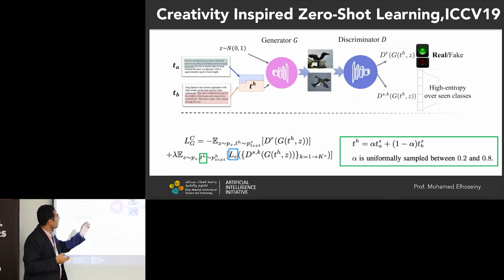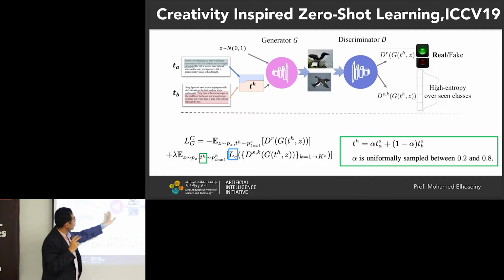So we added a loss function to the earlier model that we talked about in the beginning of this piece, that tries to explore the possible unseen space in the text space of unseen classes. Assume that we have TH, where TH is a hallucinated unseen class that tries to explore what is a possible unseen bird, or what is a possible unseen animal.